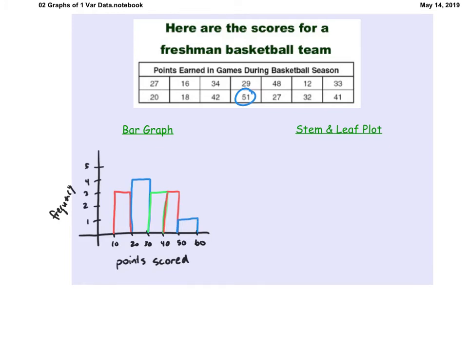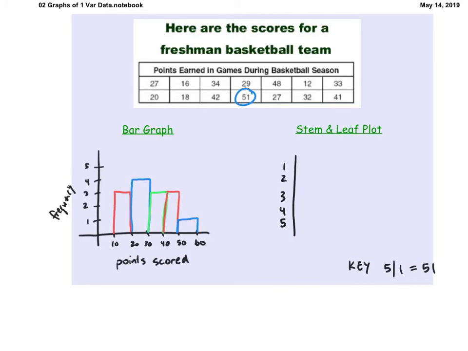Okay, let's go ahead and do a stem and leaf plot. So we have 1, 2, 3, 4, and 5. We're going to look at basically just listing out all of our scores. Our key here is going to be where we have, I'll just take that game that I have circled there, that 51. So if I have 5 and 1, that key is going to show that that's 51 points scored